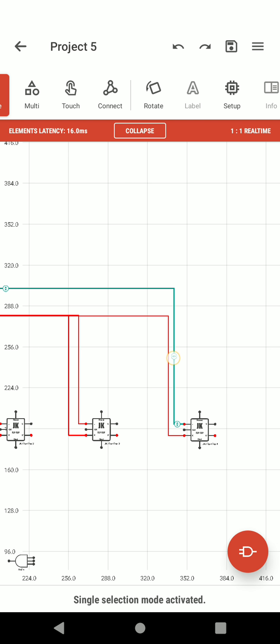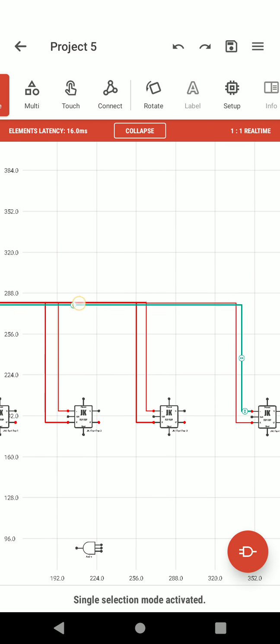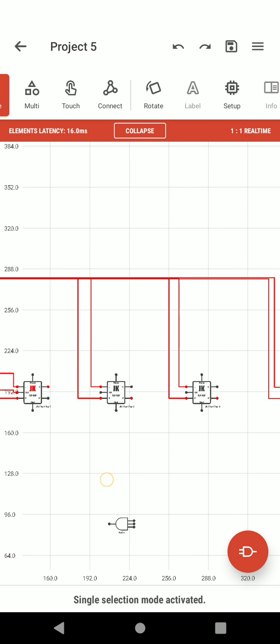Again slide it and just bring it down somewhat. So this is the thing.